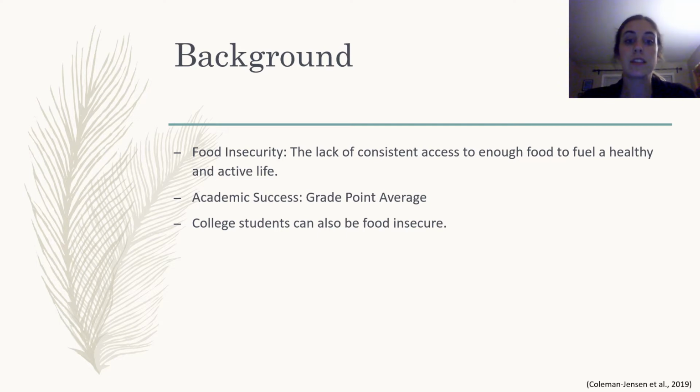And then the second definition is what academic success is. That can mean something slightly different to everyone, and that's totally fine. But in this research, we're just going to talk about it in reference to their grade point average. So this grade point average is going to be on a 0 to 4.0 scale. 4.0 is the highest, and that means you're consistently getting straight A's, and then 0 means you're consistently getting F's, or just really struggling in school.